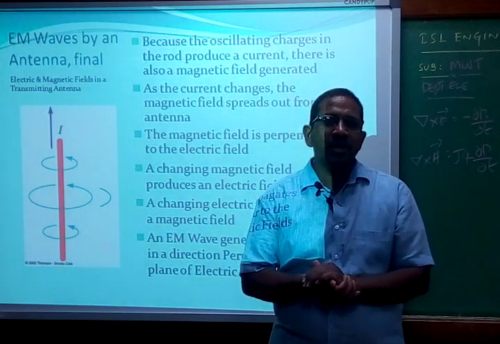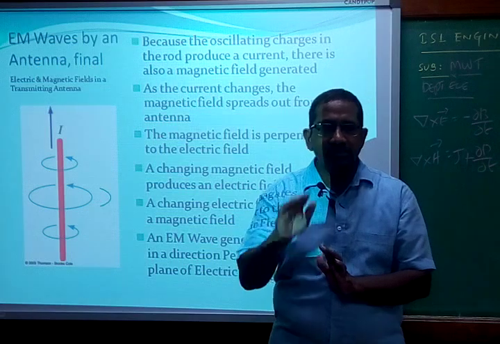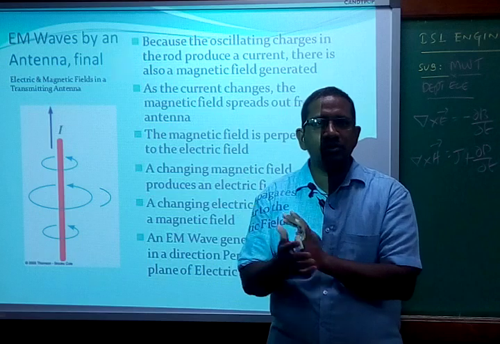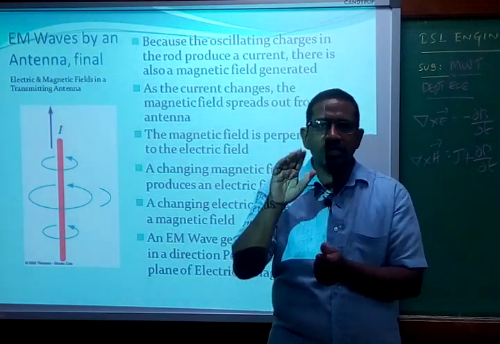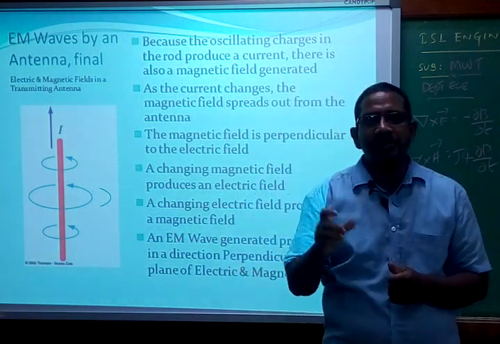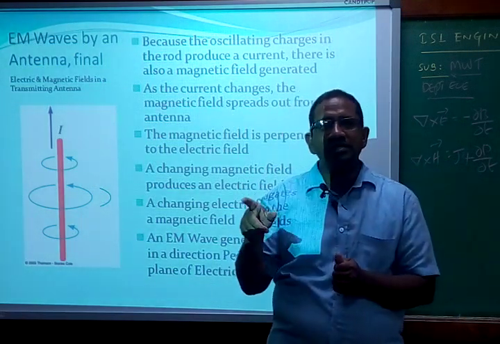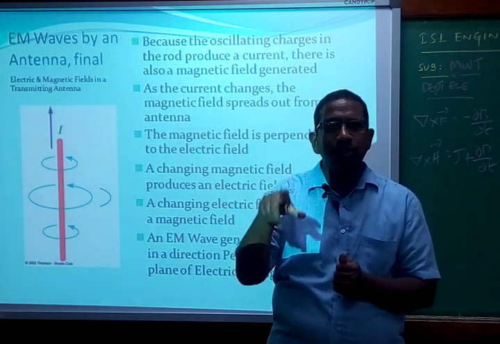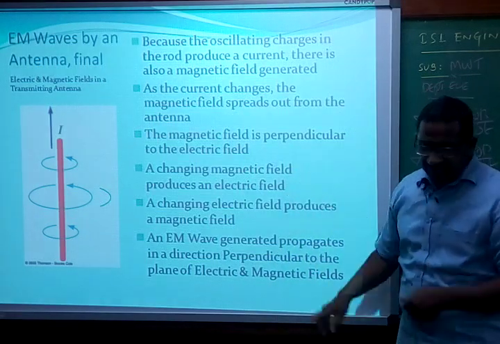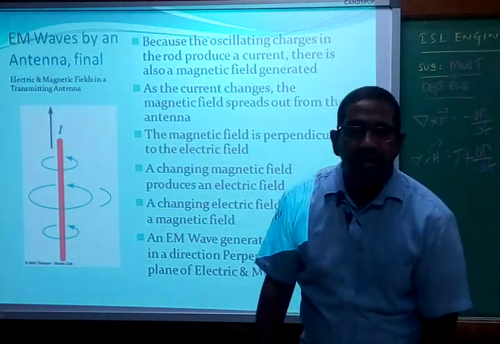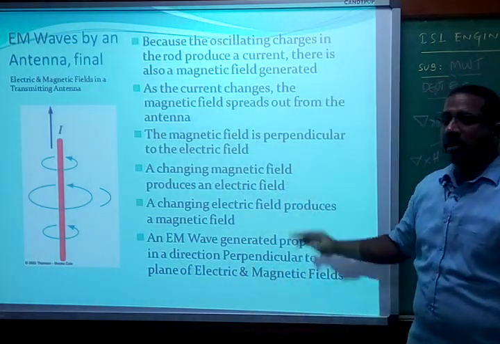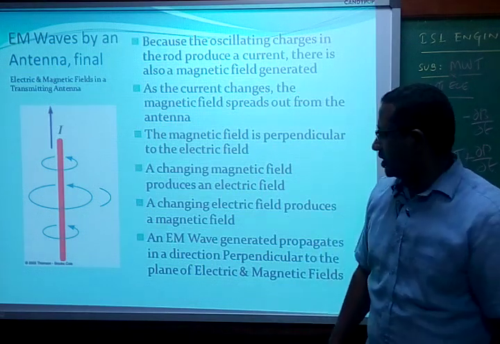What does it say now? The changing dou B by dou T, a change in magnetic field, is going to produce an electric field. Then we have del cross H is equal to J plus dou D by dou T, a changing electric field. What is D? D is the electric flux density. D is equal to epsilon E. So what is a changing electric field? Dou E by dou T is going to produce a changing magnetic field. Continuously this process is going to happen in the antenna whenever we transmit either an electric field or a magnetic field. That is the beauty of antennas and wave propagation.